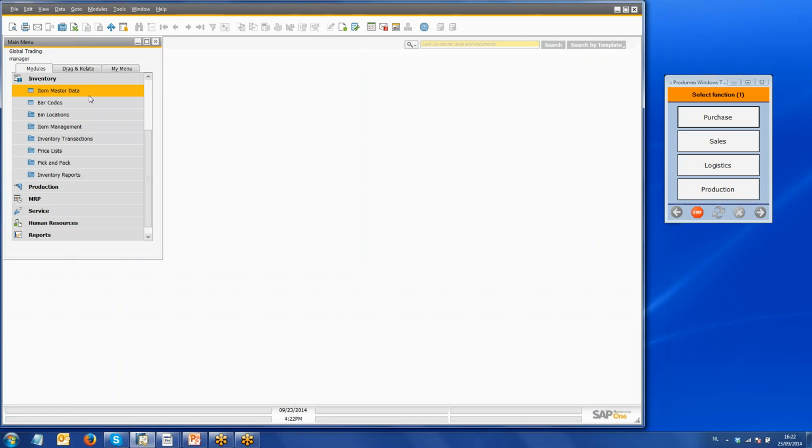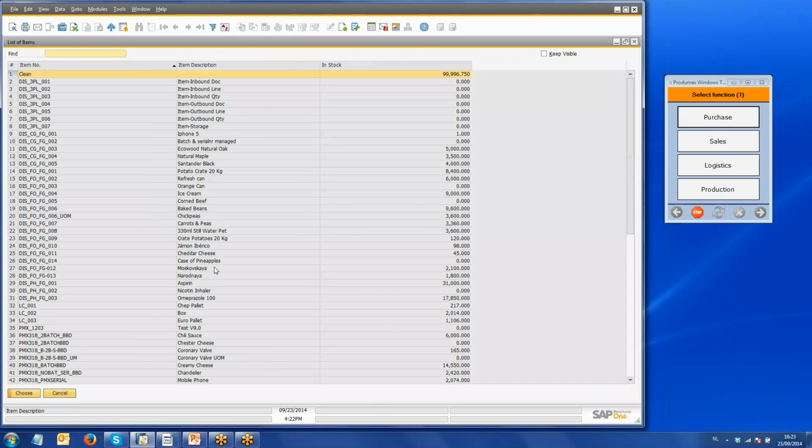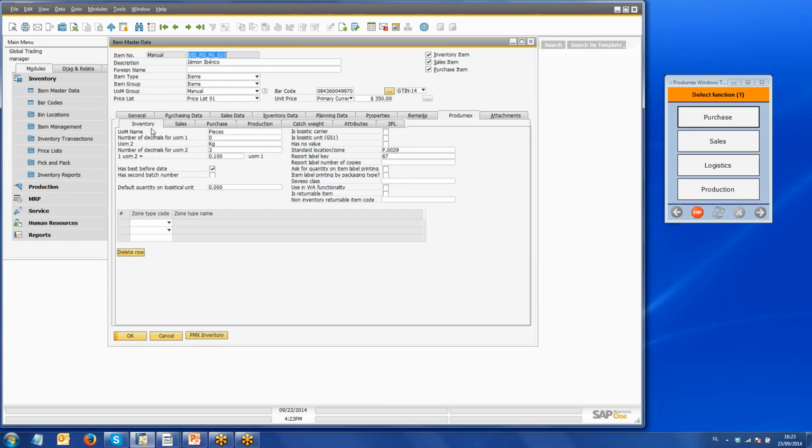Now another aspect which is important in the context of catch rate management and batch attributes is that we have added a number of functions or characteristics to the item master data in SAP Business One. So if we, for instance, select here a specific item, say here the jamón ibérico, then you will see that there is, apart from the standard SAP Business One tabs, a specific Produmex tab,